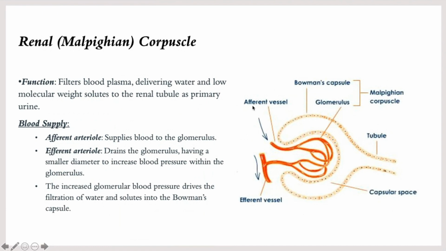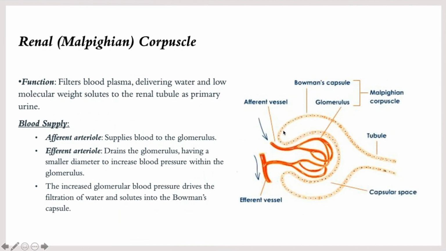So the afferent vessels can be found in the glomerulus, and the efferent vessels. The afferent vessels are going to supply blood to the glomerulus, whereas the efferent vessels are going to drain the glomerulus, and they're going to contribute to increasing the blood pressure in the glomerulus. This increase of blood pressure is going to be the driving force, which is going to allow the Bowman's capsule,